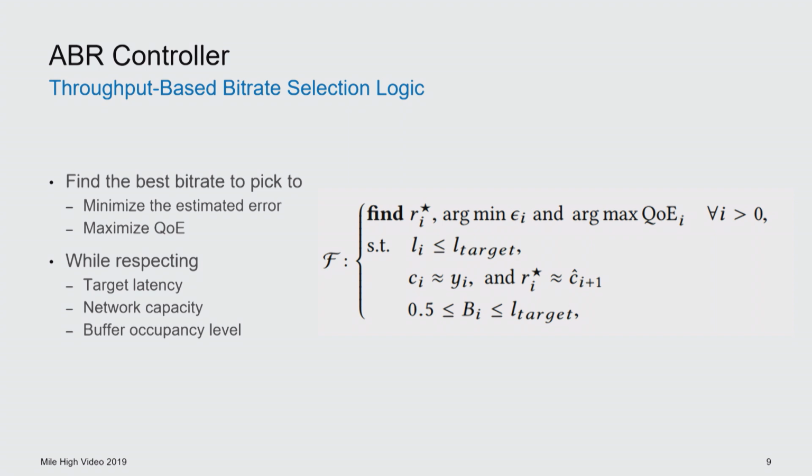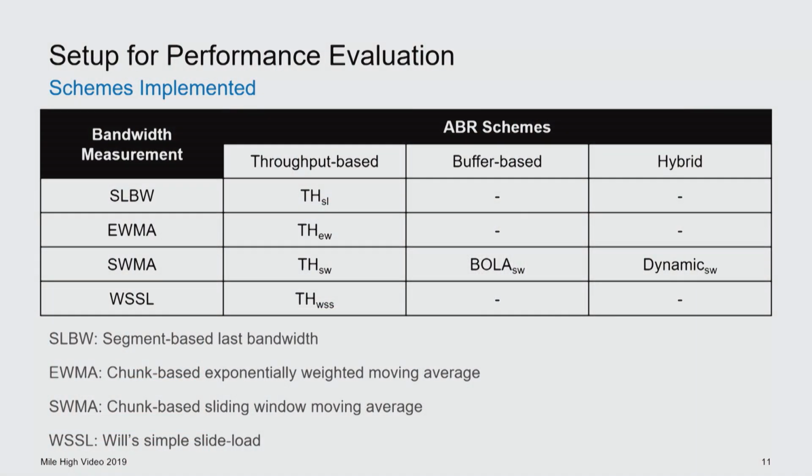We also want to improve the quality as much as we can based on a certain equation that I will show. And then we have a target latency, we have available bandwidth, and we would like to keep at least some amount of data in our buffer for sudden changes. So I'll skip this. It's a CMAF setup.